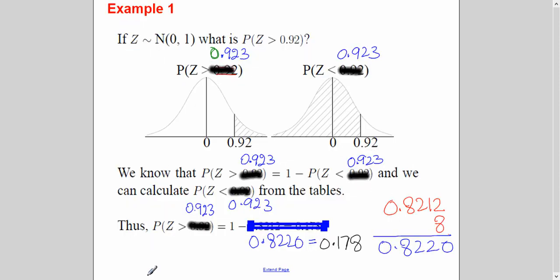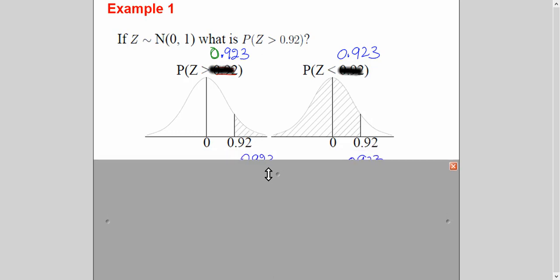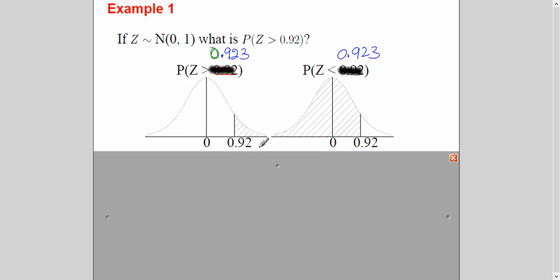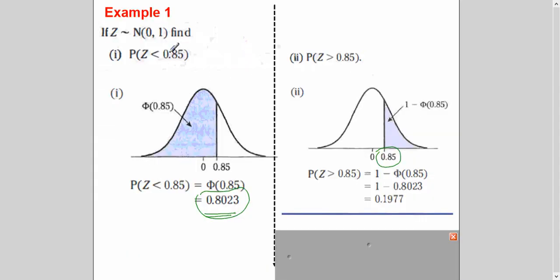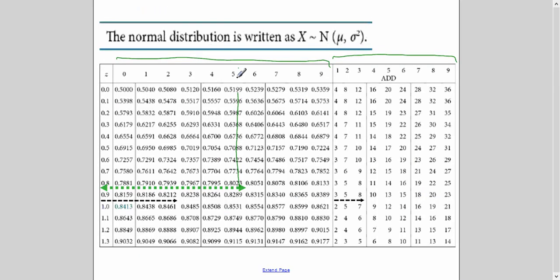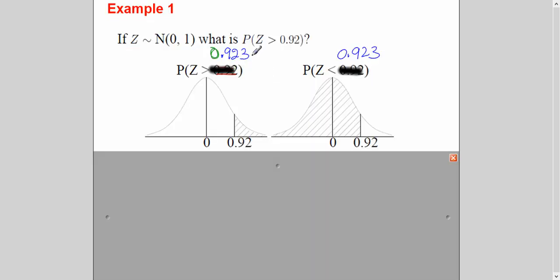Right? Now, let's see another example. Why have I taken this example especially? It has 3 decimal places. In the previous example, there were only 2 decimal places. And I want to teach you how to read this third decimal place in the table and how to write it. So that's why I've taken this example. Suppose the question says z greater than 0.923. I'm changing this question.